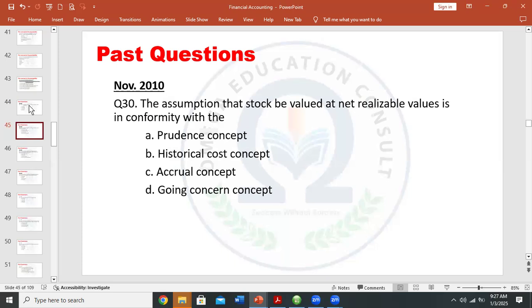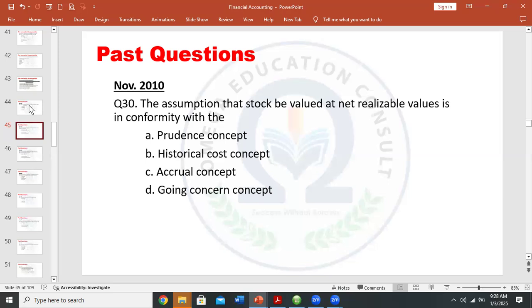I'm sure you'd have a problem because of what net realizable value is, but just try to make some meaning out of it. Net realizable value. The assumption that stock should be valued at net realizable value is in conformity with